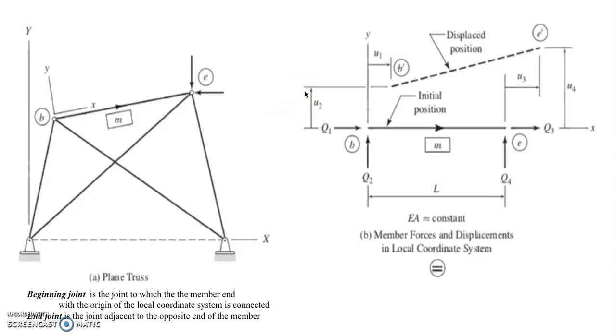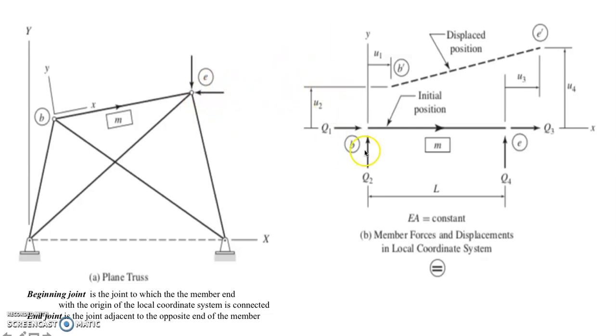Basically, member M will have two displacements at each end. It has translation along the x and y directions, as needed to specify the displaced position of each end of member M. So member M will have a total of 4 member end displacements